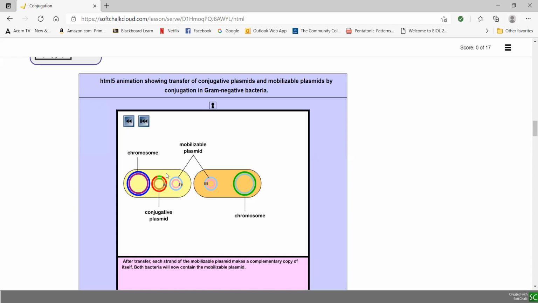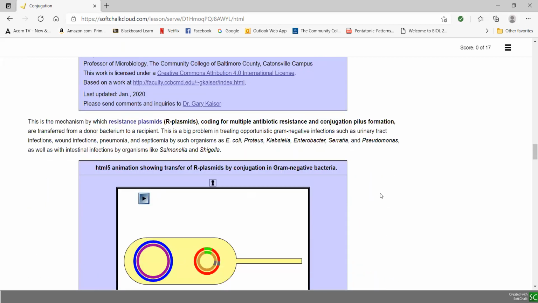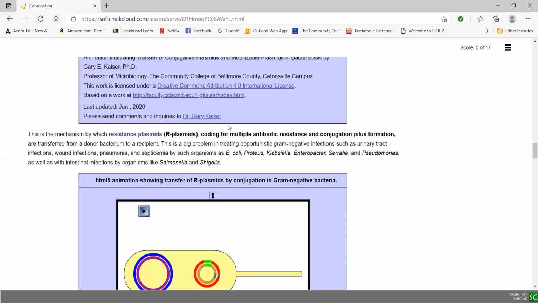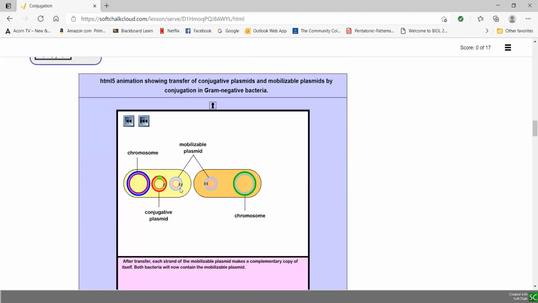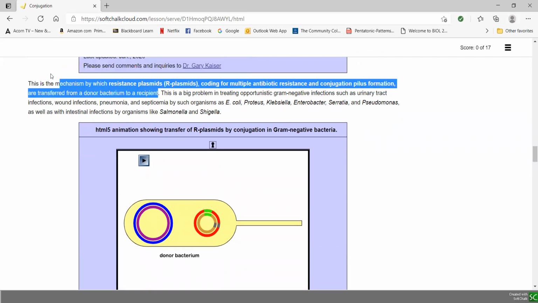And then for objective 6, in some bacteria, the conjugative plasmid is actually an R plasmid, which is the next topic down. And it's the same process as this, except now we're saying that these red genes in the conjugative plasmid are coding for multiple antibiotic resistance, as well as formation of a mating pair. So if this was an R plasmid,